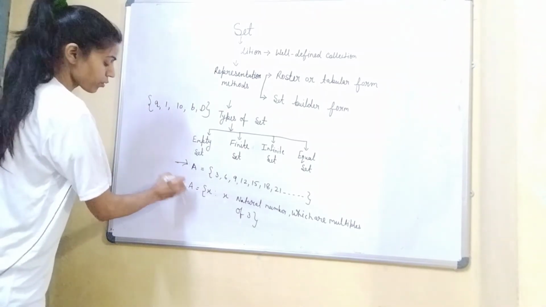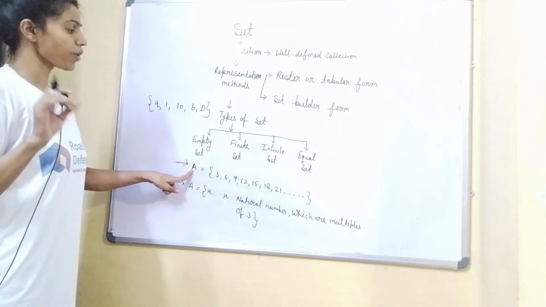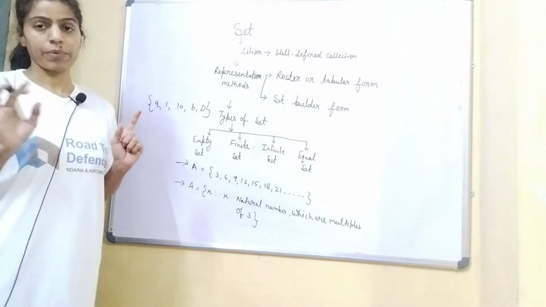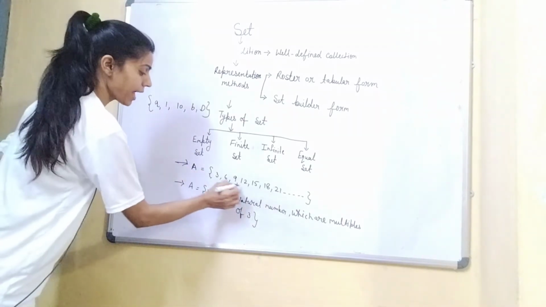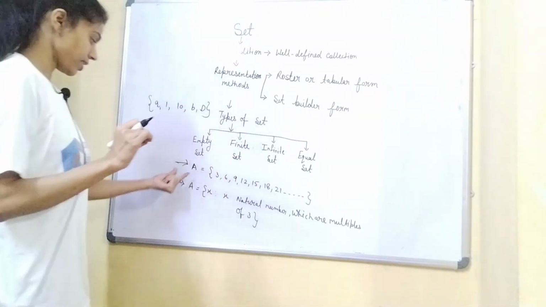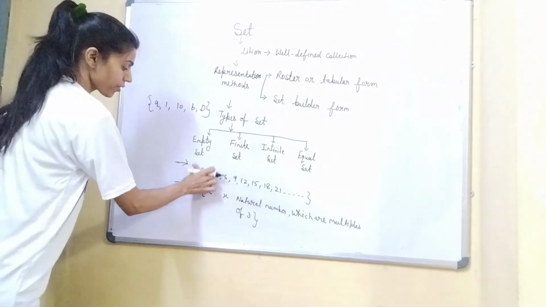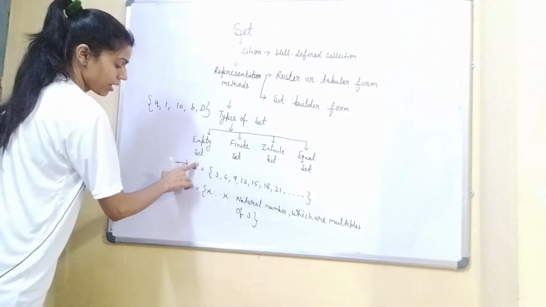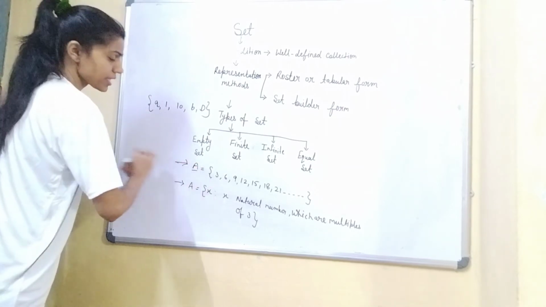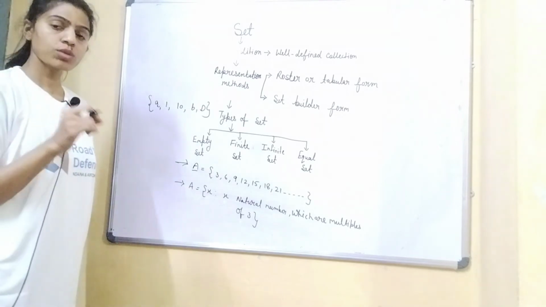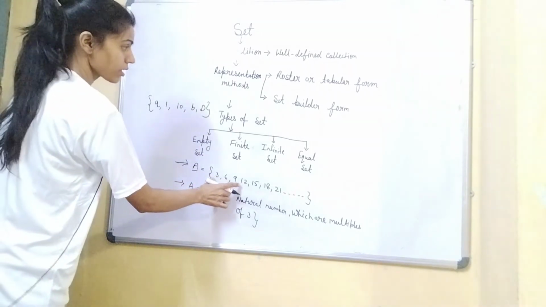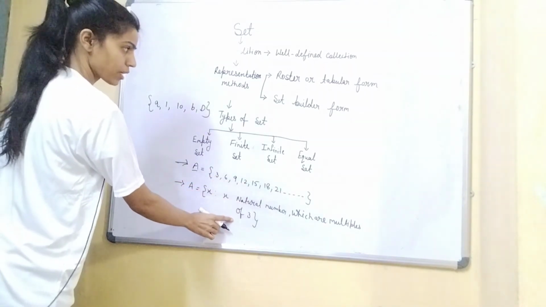Now student, one thing I want to tell you, that whenever you are representing a set, it is always represented by capital letters only. The elements of the sets you can write in small letters, but the set itself I cannot write using a small letter, because generally we use capital letters for representing the set and small letters for representing the elements of the set, right? So this is roster form, this is set builder form, right?